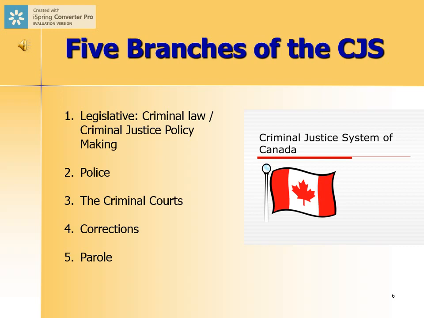Correctional officials have a tremendous amount of discretion as to how to deal with offenders in prison, on when and if they should be released in the community. The parole board has discretion, obviously, on whether or not a convicted and sentenced offender in the custodial system can be released on parole. So discretion is a fundamental aspect of the criminal justice system. It's exercised by all actors in the system, the police, the crown, the judges, the correctional officials, and it is a very important aspect of the system.